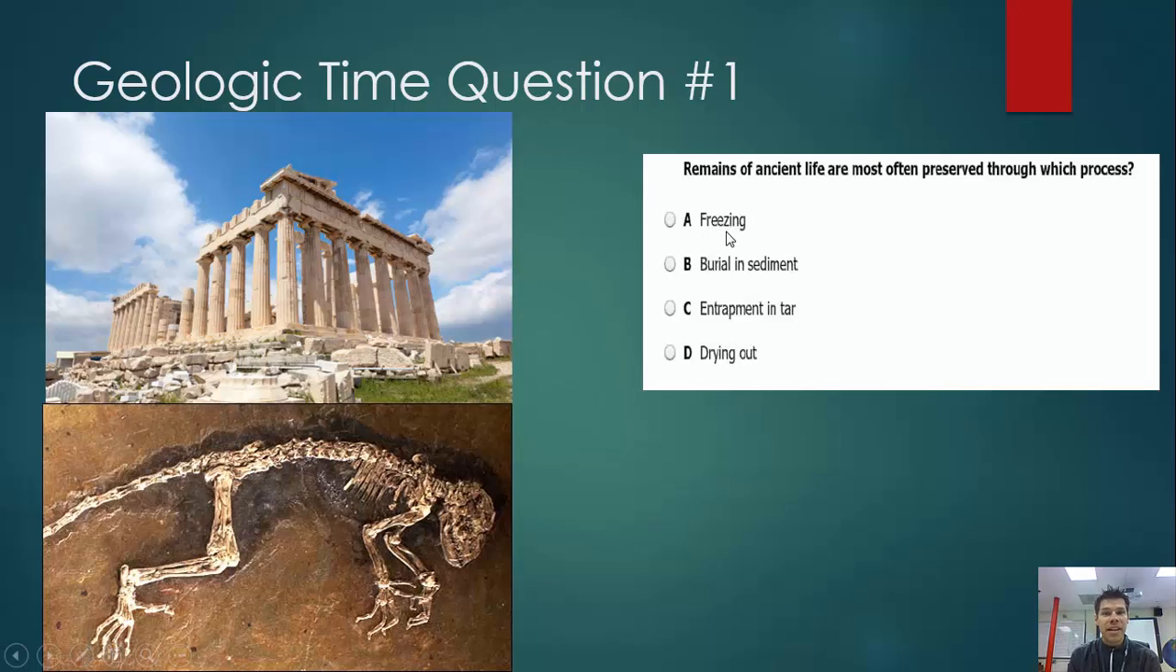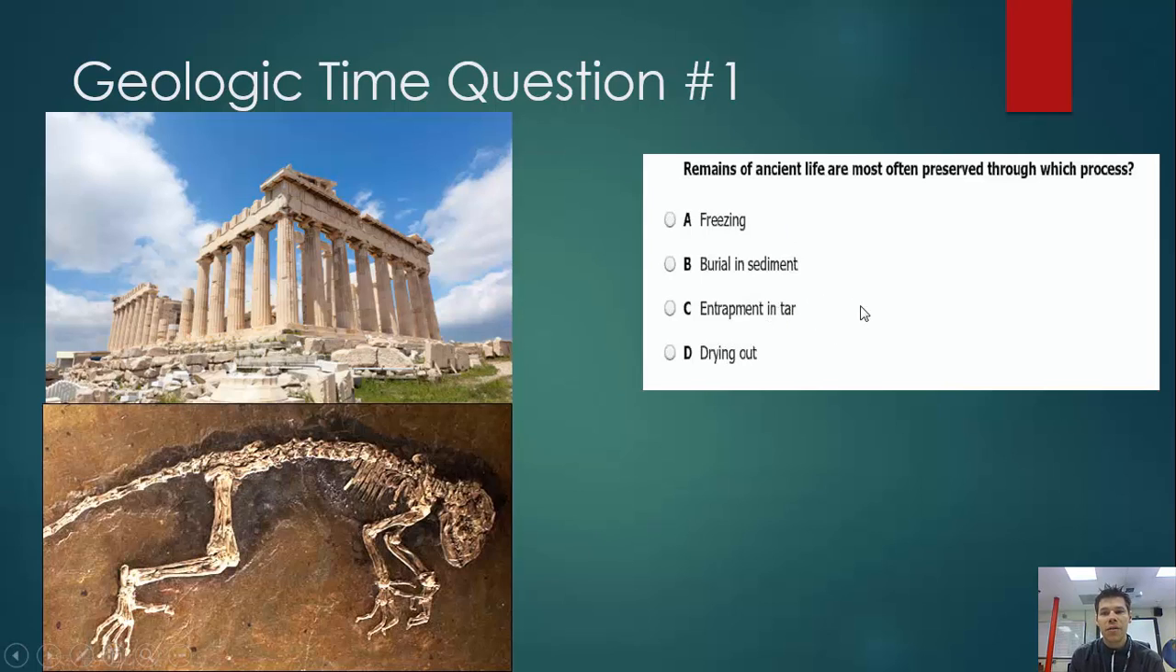Freezing, it does happen. They found elephants in the frozen Siberia area. Burial in sediment, so buried in a mudslide or in the sand, finding a fossil. Entrapment in tar, there's the La Brea tar pits where they have found fossils. And drying out. So the question here is really tough because it gives you three reasonable answers that are ways